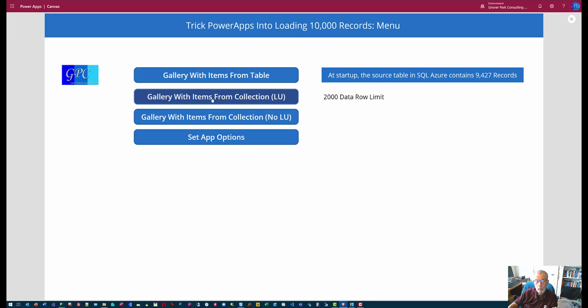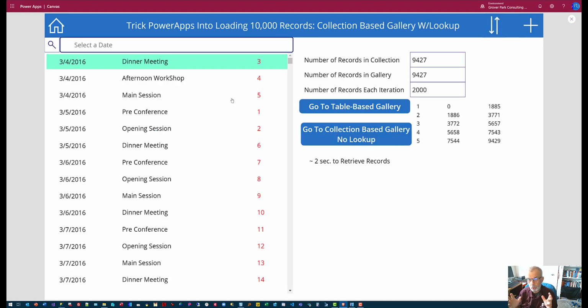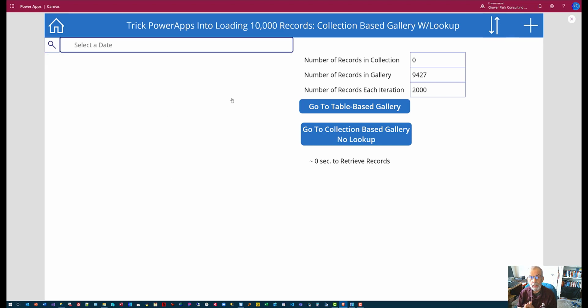We'll start with the original screen, which is a collection of items in a gallery with a lookup field, and I'll explain the lookup field in a moment. Let's go ahead and click the button to move to the gallery, the screen with a gallery containing a lookup field. You'll notice we saw the same phenomenon we saw in the first video, where it starts with the fully